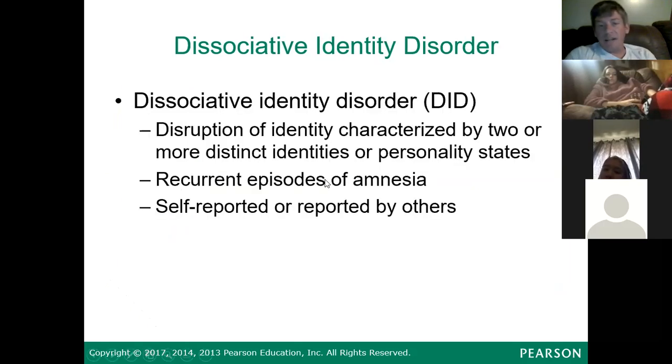Dissociative identity disorder is the disruption of identity characterized by, and here we have multiple. That's the problem with this one. So there's more personalities coming out, essentially. The dissociative fugue is where you have loss of yours and adopting a new one. This one, you've got multiple, right? And it's shown with recurrent episodes of amnesia, memory loss, and this could be either self-reported,